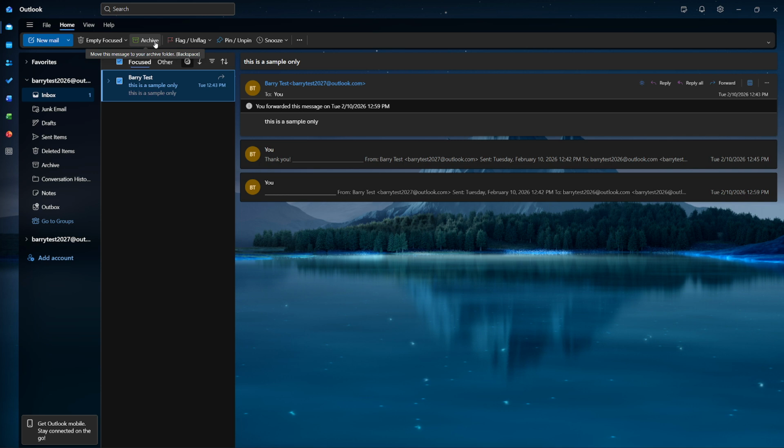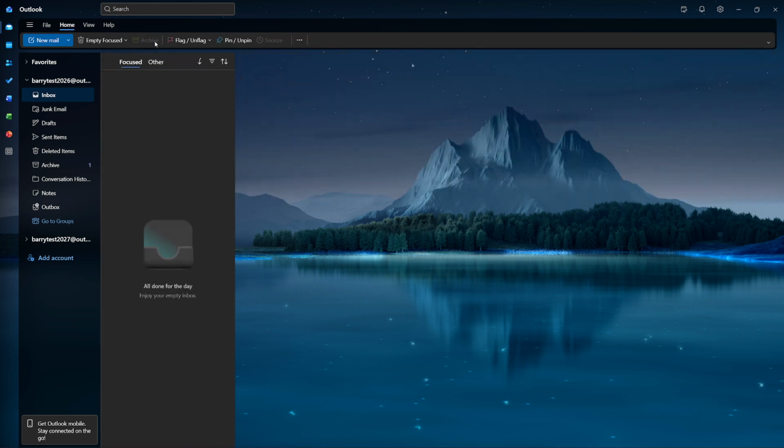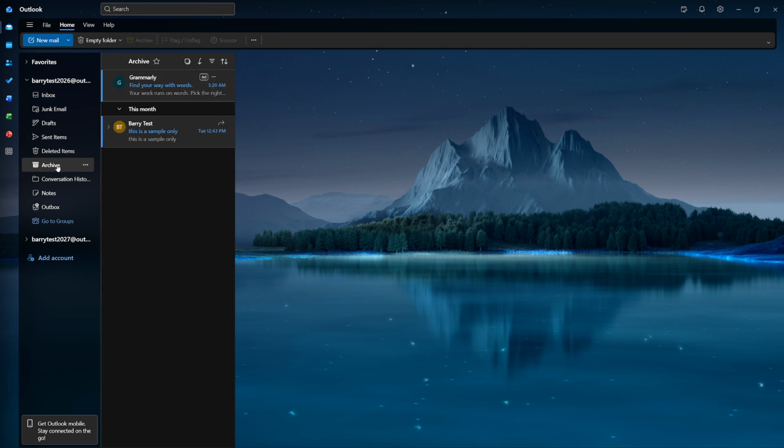With your messages selected, look at the ribbon at the top of Outlook and make sure you're on the Home tab. Click the Archive button. The messages will instantly move to your archive folder. You can confirm it worked by glancing at the left sidebar and opening the archive folder. Your email should be there,